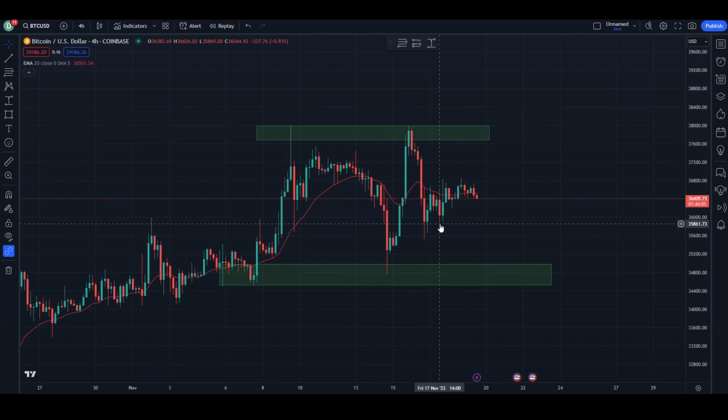The news was supposed to come out a couple of days ago and it had a deadline until the 19th of November 2023. But the SEC came out with an announcement that they are going to be delayed with their decision, which most likely means that we are going to hear from them in early 2024. Now this means a couple of things. The first one is that we're not going to be getting an SEC decision in the following days,